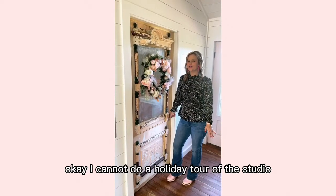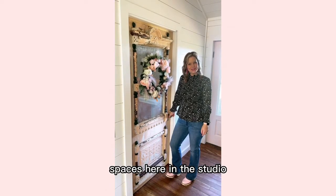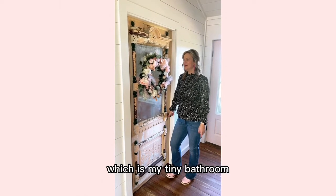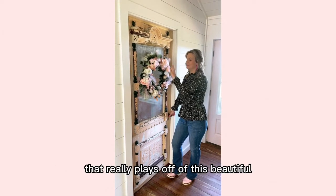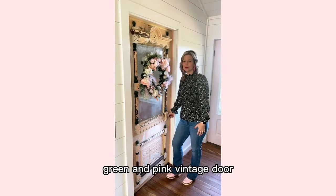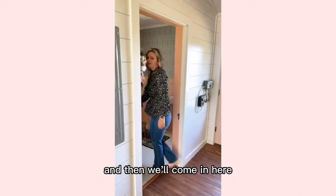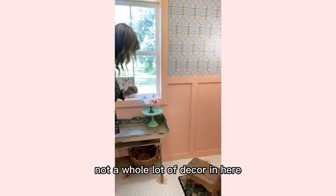Okay, I cannot do a holiday tour of the studio without showing you one of my favorite spaces here in the studio, which is my tiny bathroom. So I started off with one of my handmade wreaths that really plays off of this beautiful green and pink vintage door. And then we'll come in here, and it's very simple, not a whole lot of decor in here,